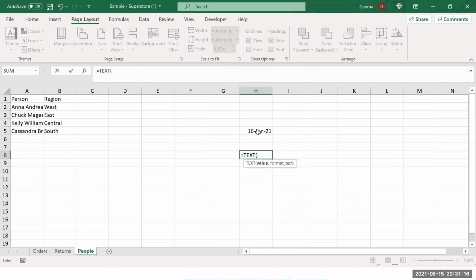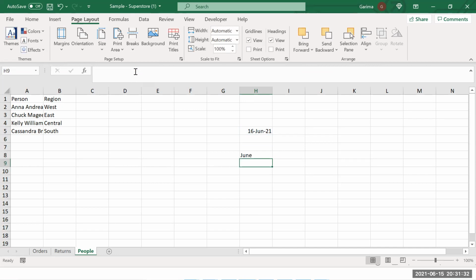If this is the date number and you want to extract the month from here, it gives me JUN. If I write 4 times M, it will give complete June.